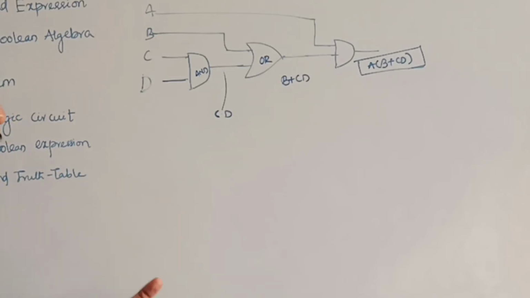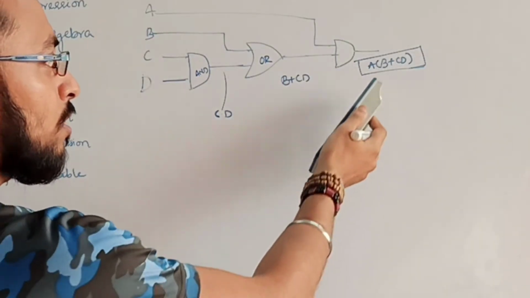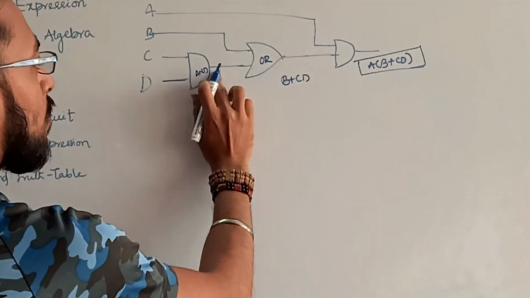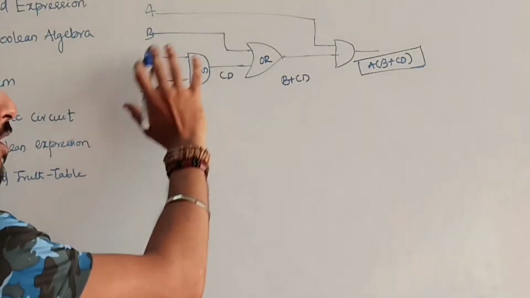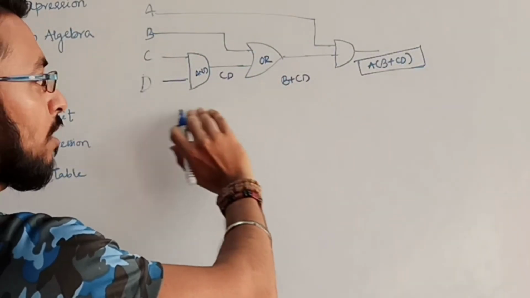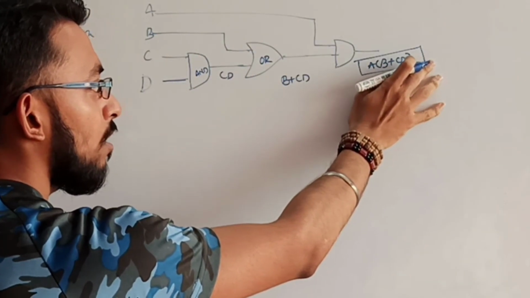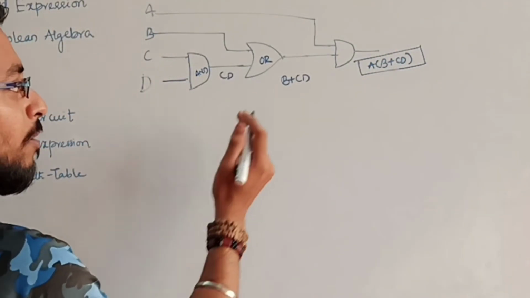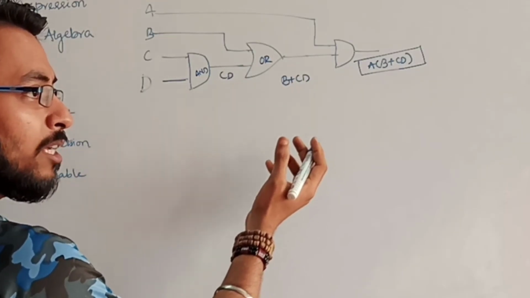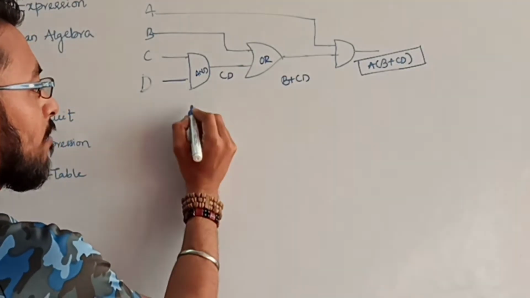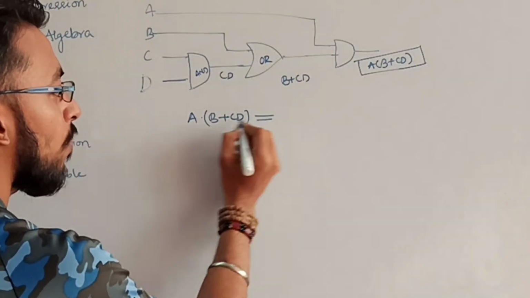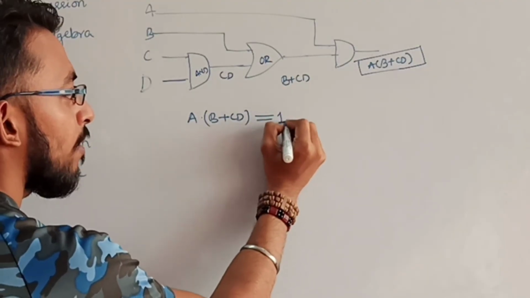Now let's see how to represent this Boolean expression using a truth table. Okay, so this A into B plus C D, let's try writing it into a truth table. So once a logic circuit is given, you apply this rule left to right, and you write down the Boolean expression. Now if you take this Boolean expression, you have to check for what value of this Boolean expression my output is going to be 1. It means A dot B plus C D. For what value of this A, B, C, D will it give me value 1.